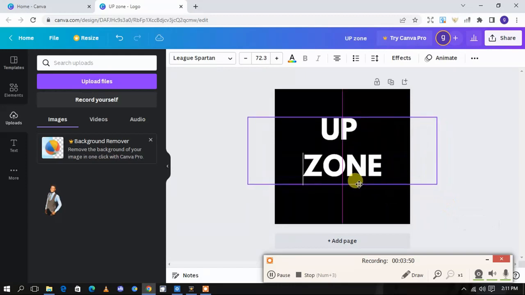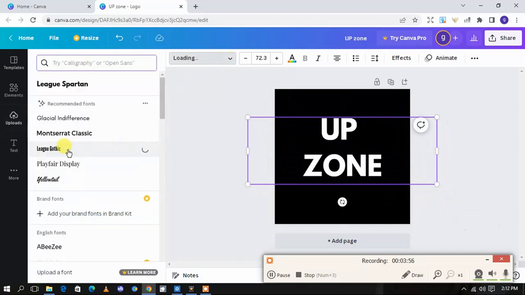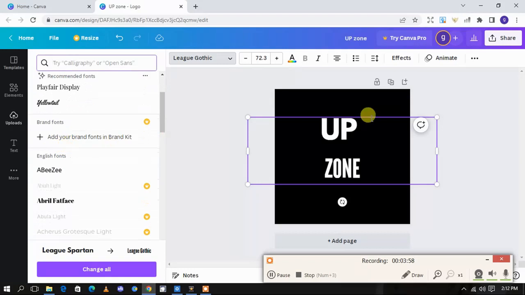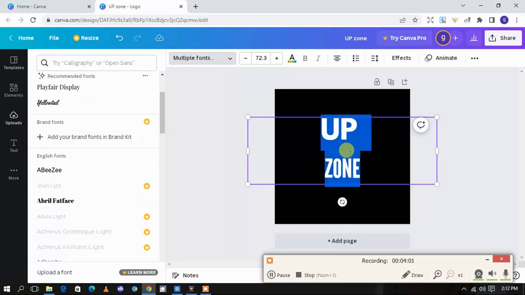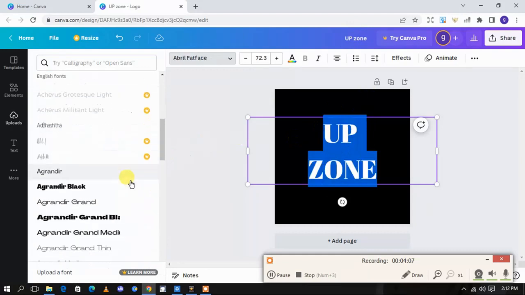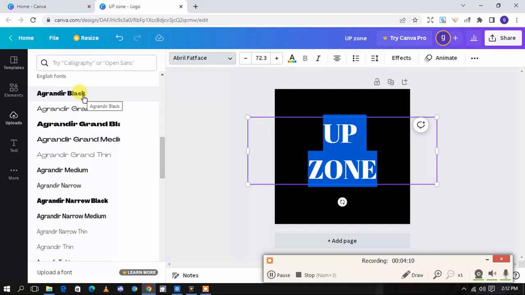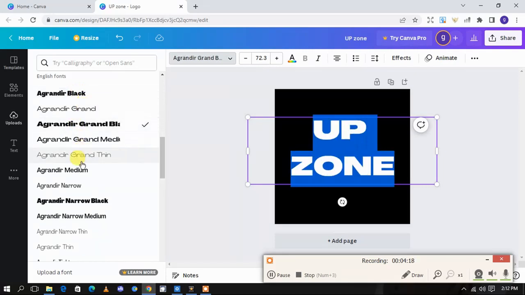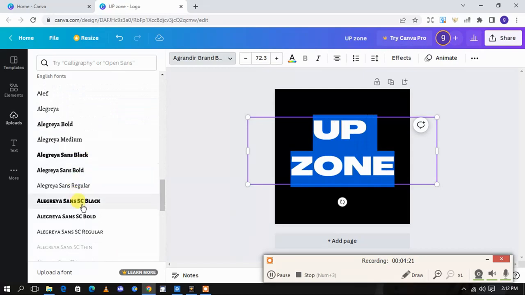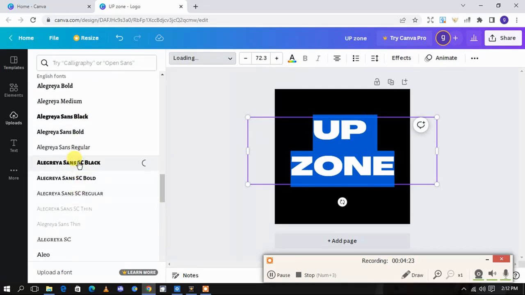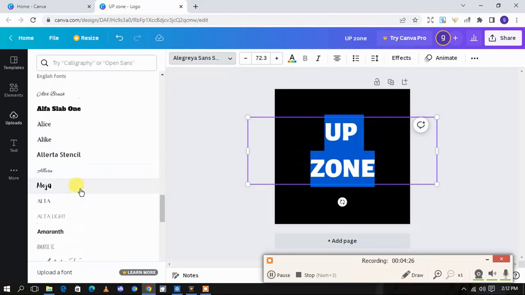So then you can change the font here. You can go with some free fonts. Ctrl A to select all, and then you click on the fonts. There are so many free fonts here. I'll be making a video on how to get access to Canva Pro, so make sure you stick to this channel. So here it is. Just select a free font if you are using the free version, just as I'm using this. As you can see, you can feel free to add elements